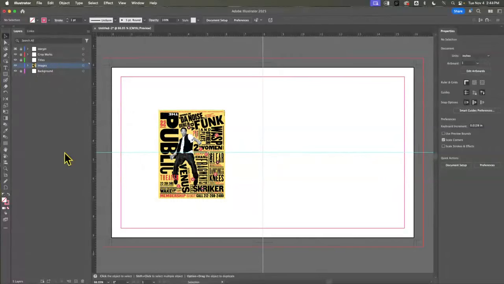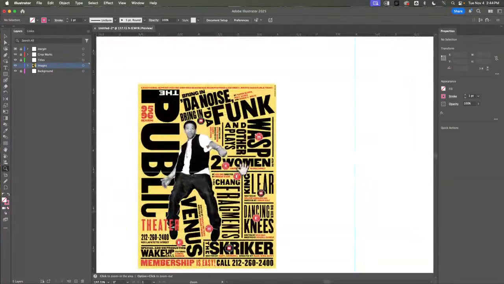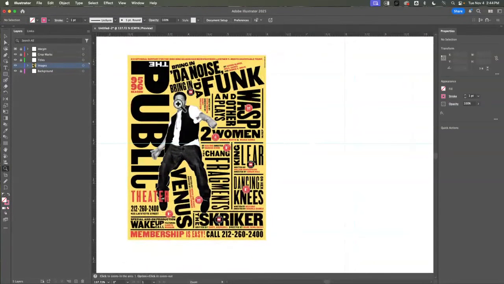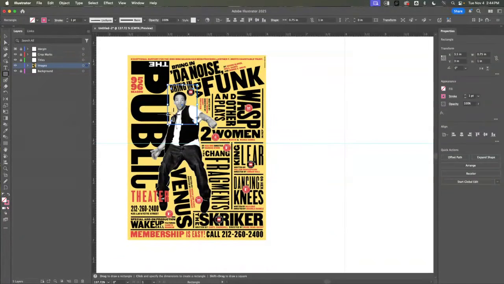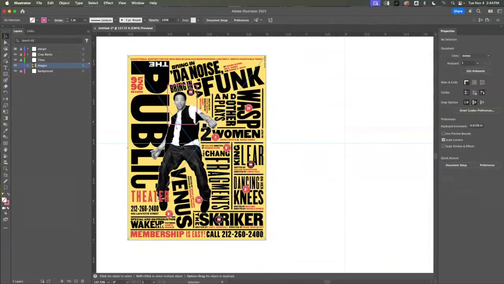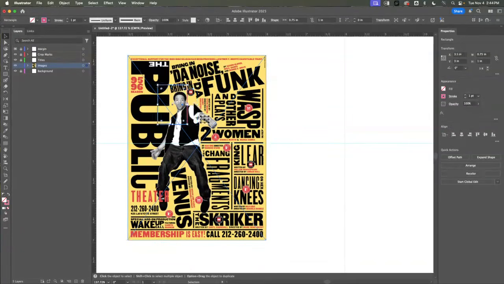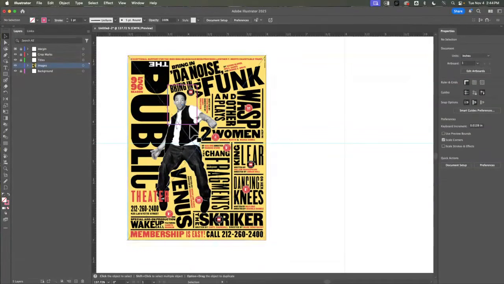Here's the thing about cropping with Illustrator: you actually need to create a crop box. So say for some dumb reason, I only wanted this guy's face. To crop it, I need to create a new rectangle around his face. And that rectangle can be anything. So here it is, I have a rectangle around his face. You then need to select both